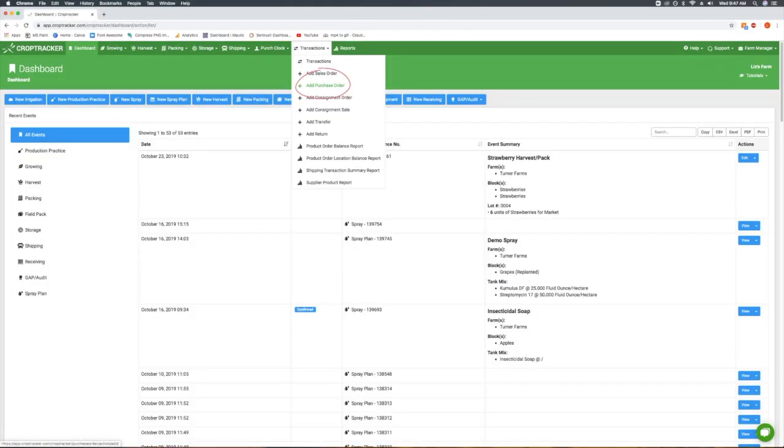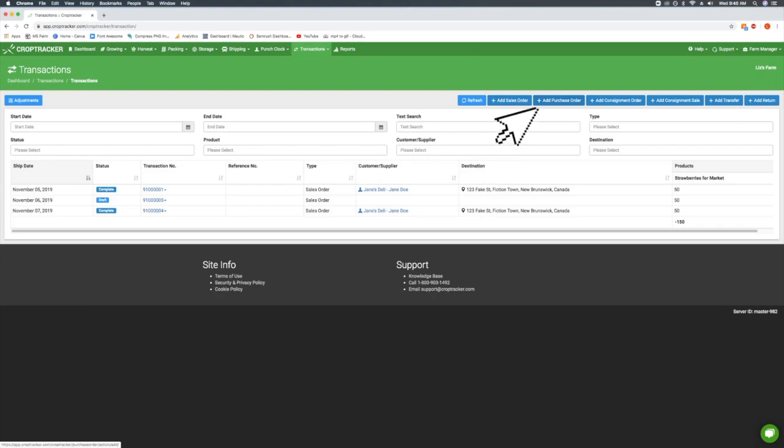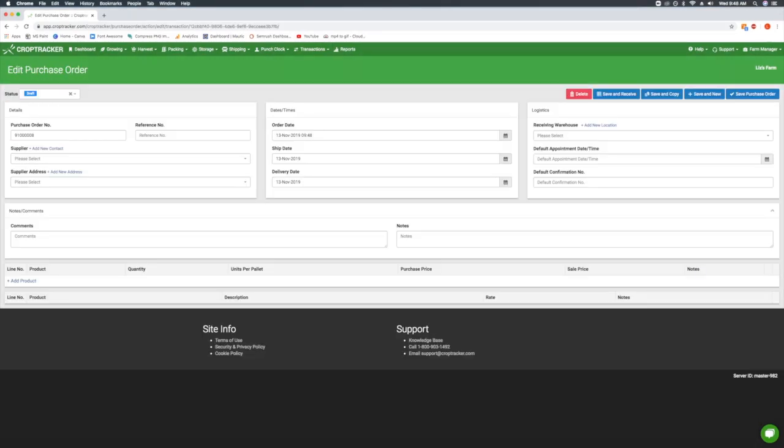From your dashboard, click on the Transactions drop-down menu and select Add Purchase Order. You can also get to the same page from the main transaction screen by hitting the blue Add Purchase Order button. On the top left of this screen, you can select the status of the purchase order you are creating. The status can be changed after an order is created. If you have not yet received the order, you can select Draft or Pending and change the status once the